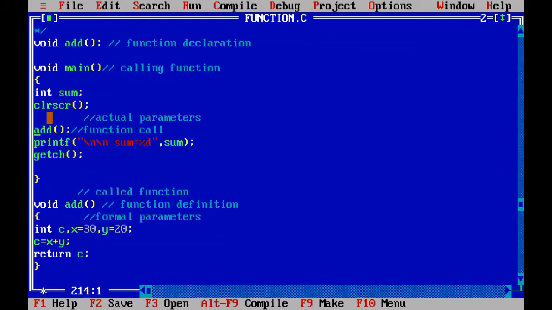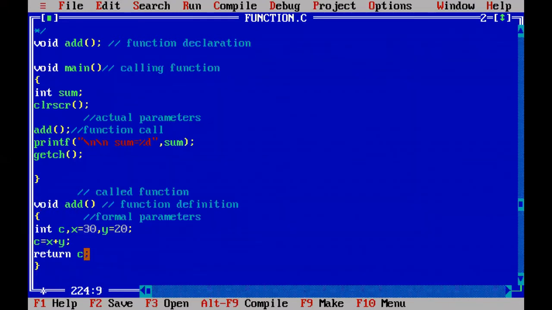Earlier we passed addition 30 comma 20 here only, but now we are unable to pass the 30 comma 20 from calling function to called function because the function is not taking any arguments. So we are declaring x comma y in the called function only, because we are not able to pass the values from here to here. So here only we will take the values, and x plus y is added, 50 is stored into c, and we are not able to return the c value because this function addition has no return type.